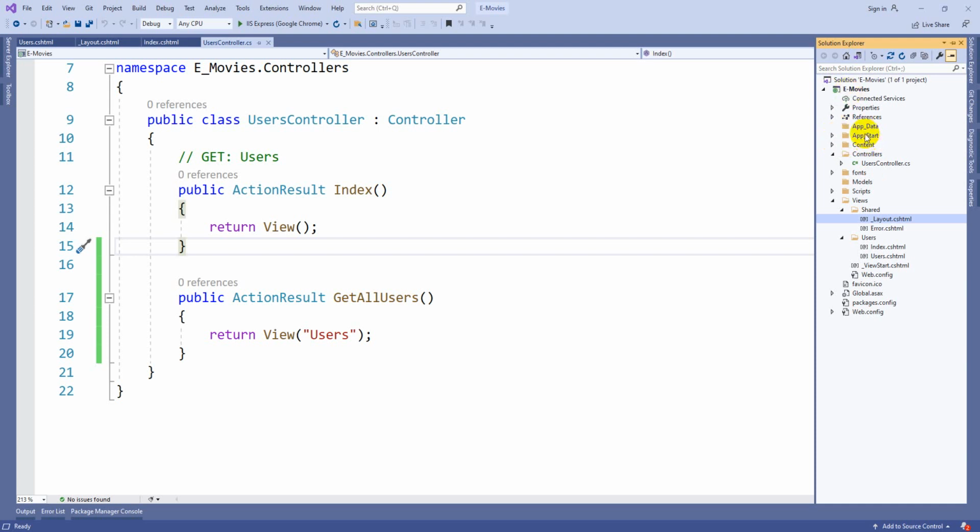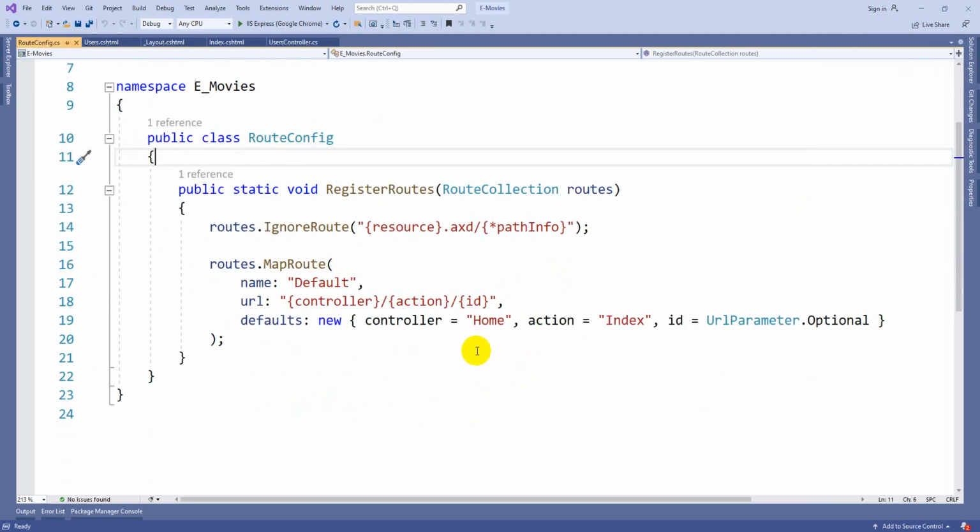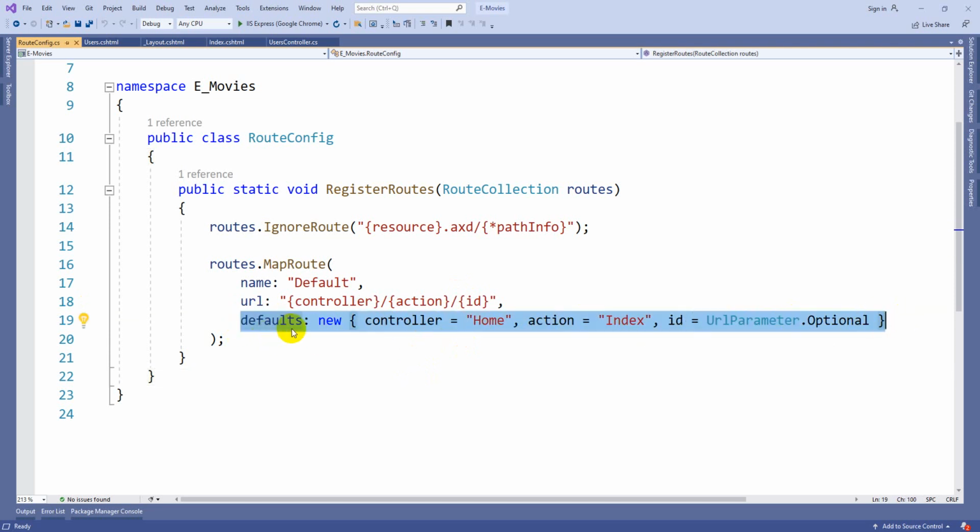Inside this you have a folder called App_Start. There is a class called RouteConfig. Routing, or redirecting, you can call it. You can see the pattern will be like this: controller name, action method name, or some inputs whatever we have. It has been configured to execute the Home controller and Index method by default, but we changed our controller name, right?